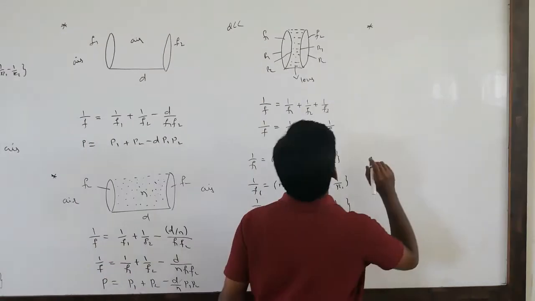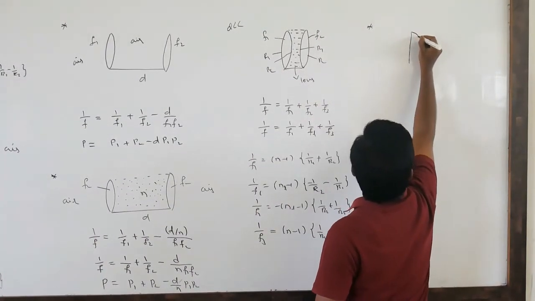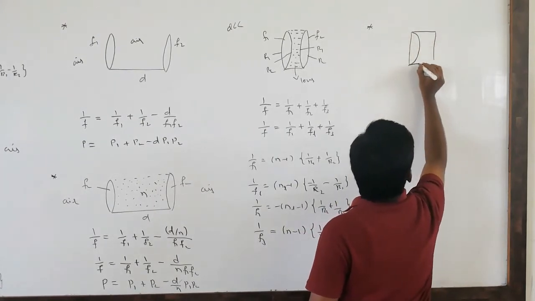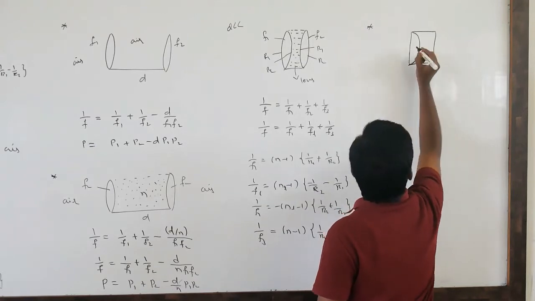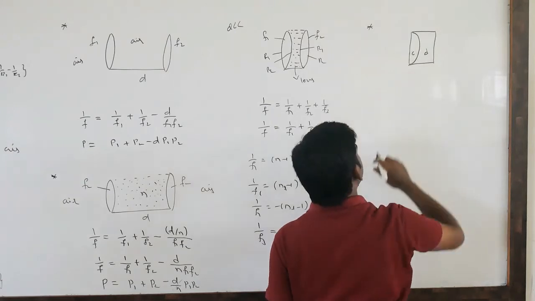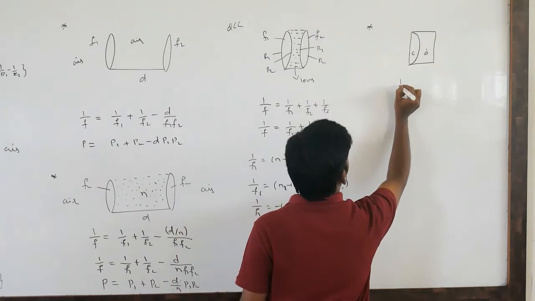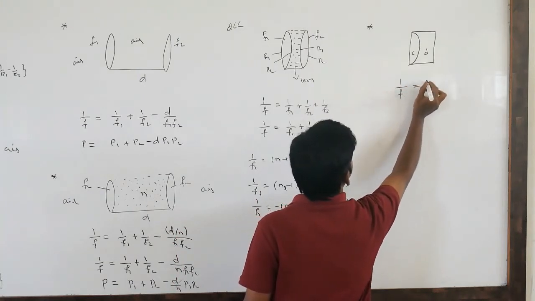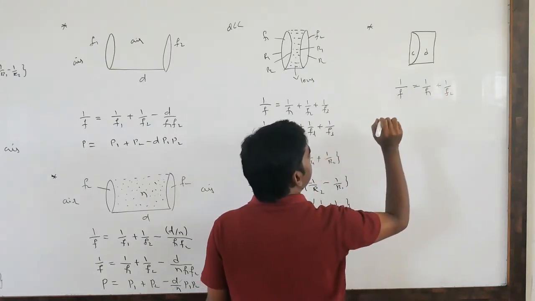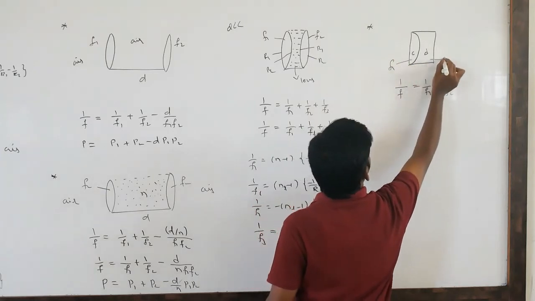Okay. So now if I take a different combination, suppose you have a plano convex lens here, completely attached with a plano concave lens. This I will take as the converging one, and this as the diverging one. So again, if you want to get the equivalent focal length, 1 by F equals 1 by F1 plus 1 by F2 only, but you have to find F1 and F2 individually. So for this you can take F1 and for this F2.